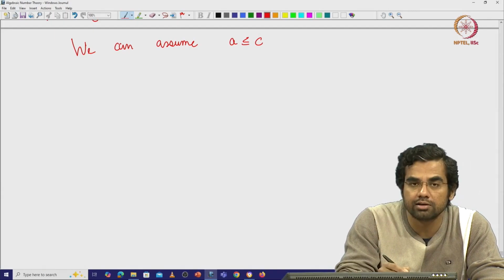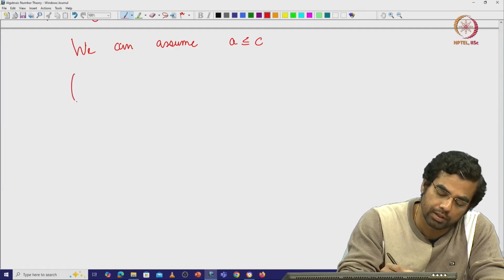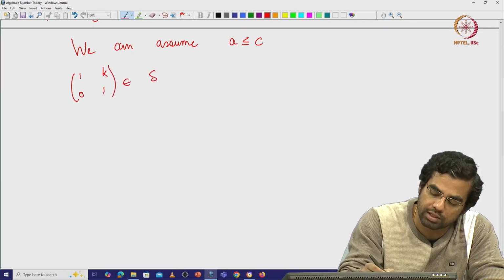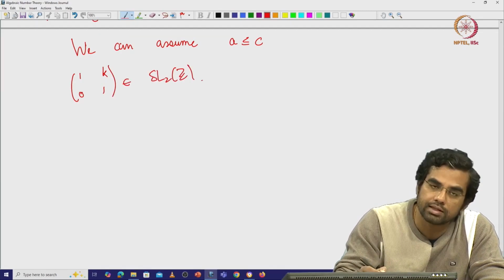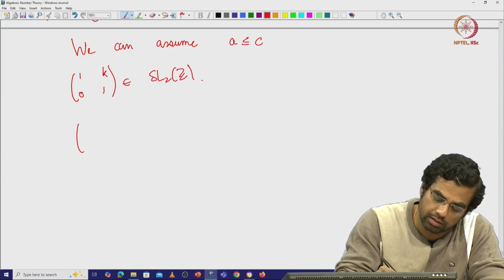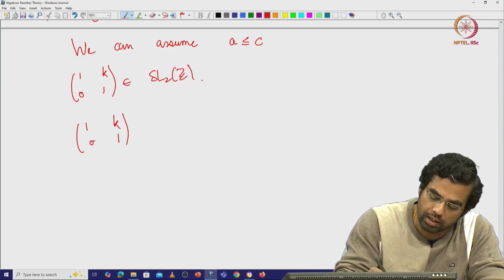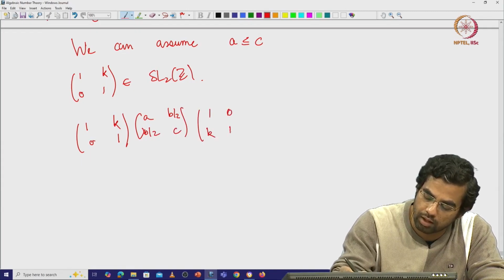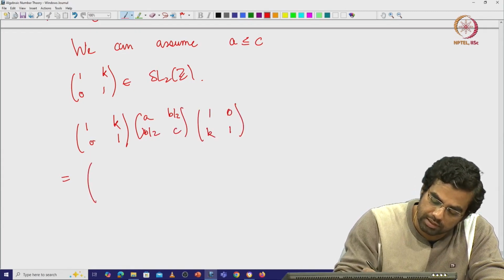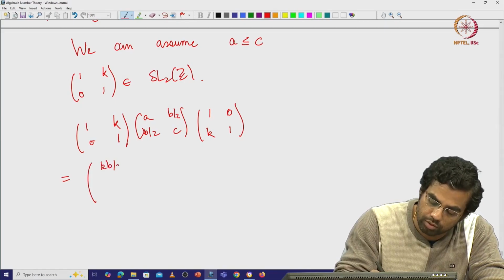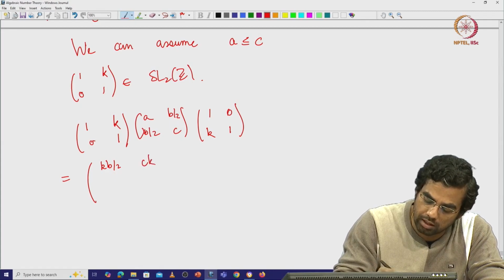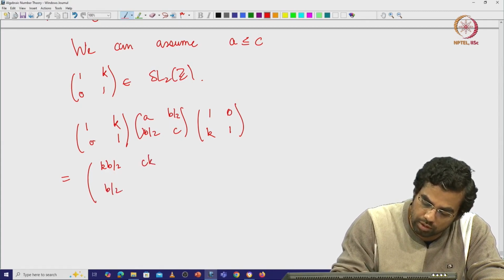Okay. Now, there is another nice matrix in SL2Z. You take (1 K; 0 1), this also is in SL2Z. So, if we let this act on (A B/2; B/2 C), what do we get? (1 K; 0 1) times (A B/2; B/2 C) times (1 K; 0 1). So, if you multiply this out, you get K B by 2, C, K B by 2, and